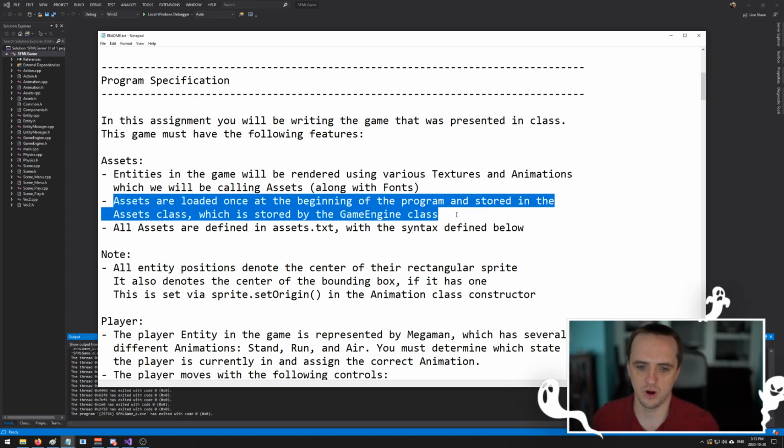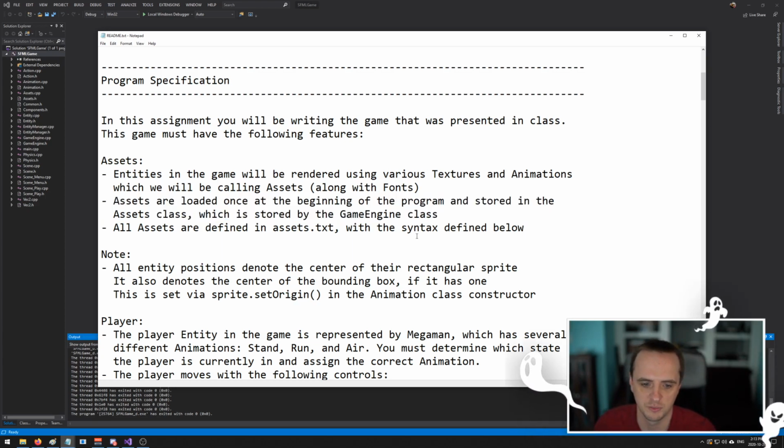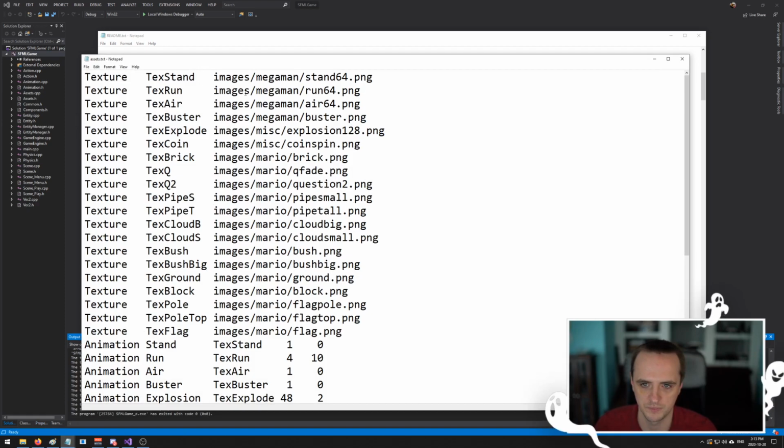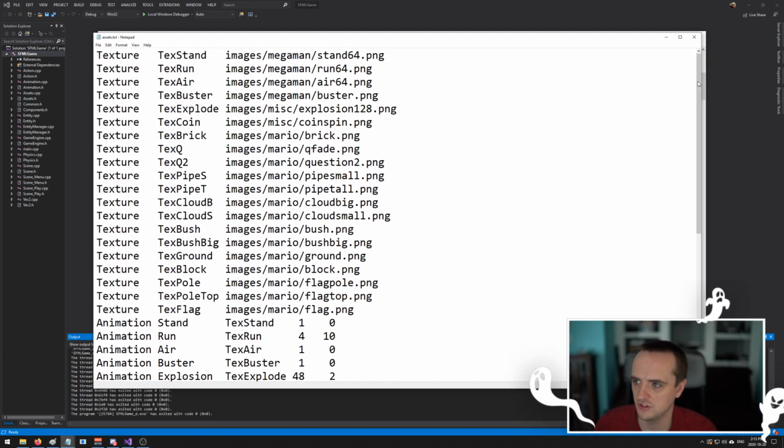Assets are loaded at once at the beginning of the program and stored in the asset class, which is stored by the game engine class. So all assets are defined in assets.txt with the syntax defined below. And I'll get to the syntax of the assets file, but let's just have a look at that real quick. So here's the assets